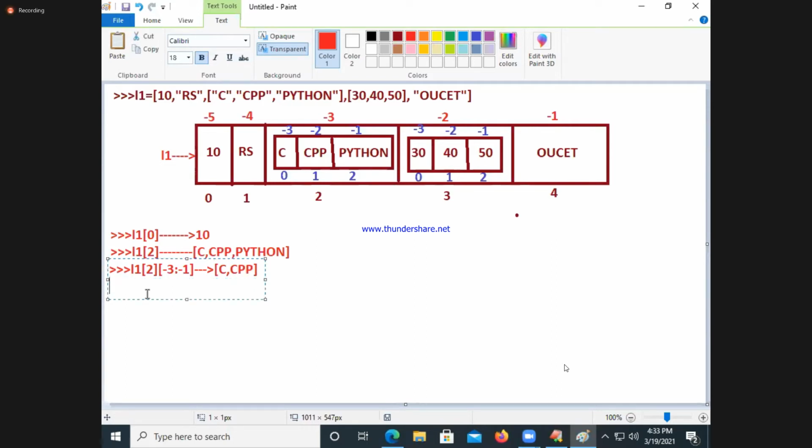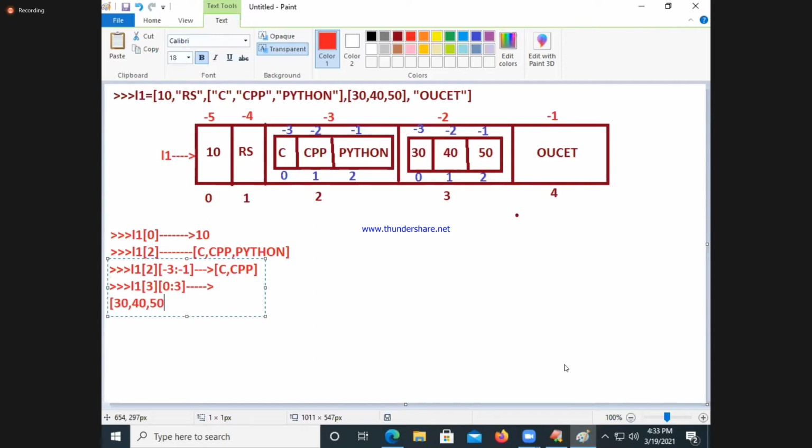Now you tell me L1 of 2 of 0 colon 3. What is the output? Okay, one minute. L1 of 3 I want to say, the third list. This inner list I want to take, of 0 colon 3. What is the answer? 30, 40, 50.